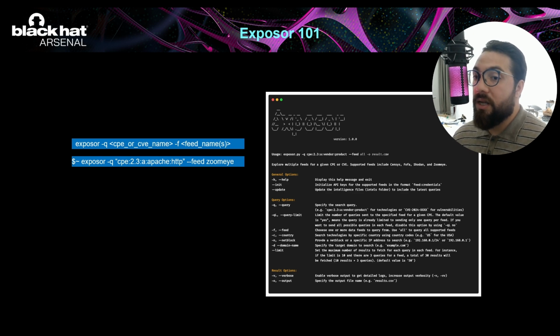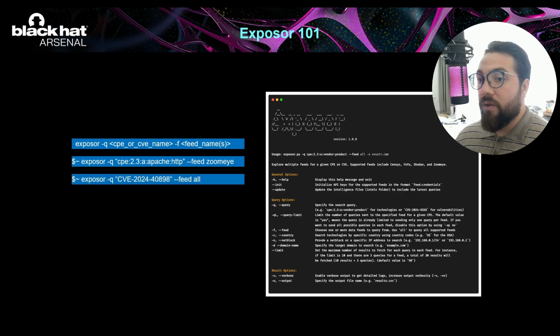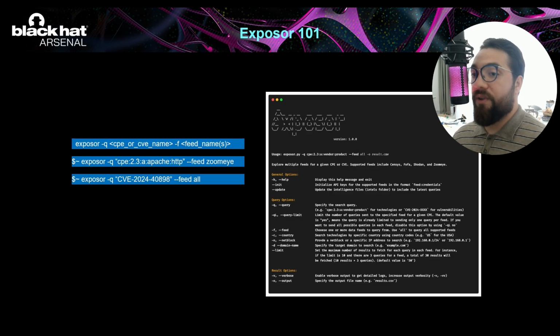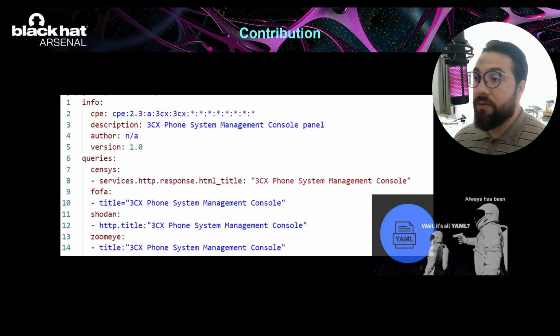Here is an example. You can search Apache HTTP, and dash feed, you can mention Zoomeye. It is going to go to Zoomeye and search Apache HTTP systems in Zoomeye. Or you can search for the CVE in all feeds, as opposed to just a single feed. You can mention all, and whatever you initiated is going to go to all the feeds and find it for you in each search engine. And the logics are stored in YAML files, and the YAML files